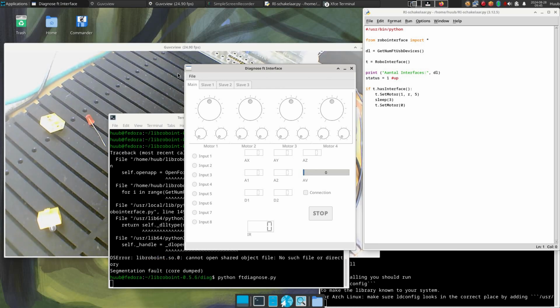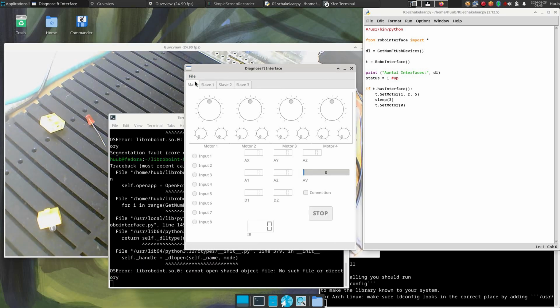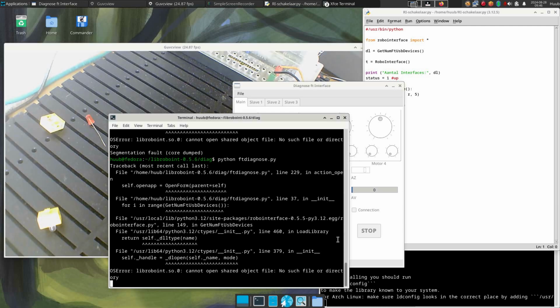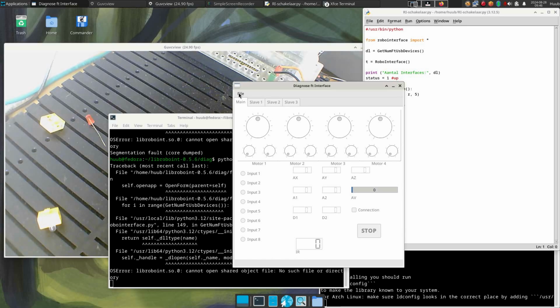Then I have to be able to open interface, this interface. And then it says, cannot open the shared object file. Well, I have had that before, so it should be solvable. But